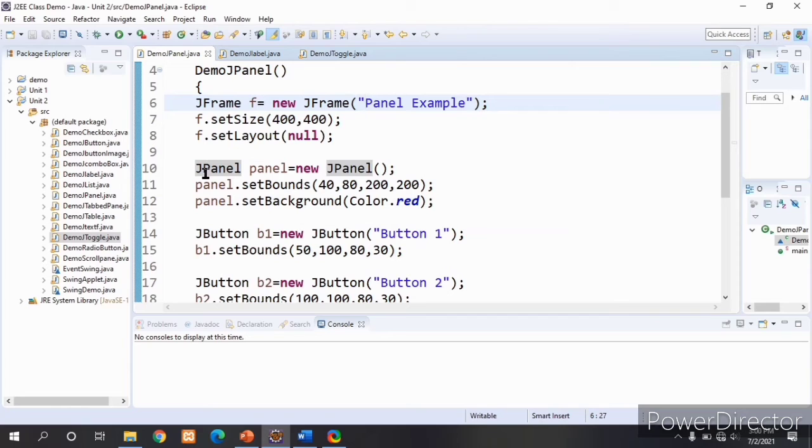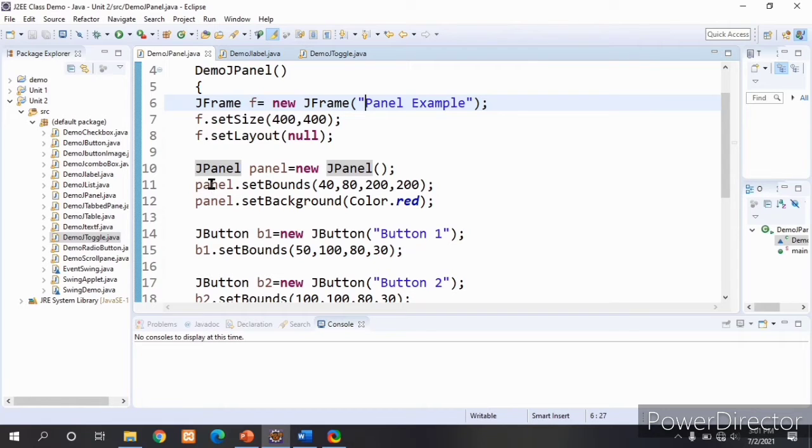Next I am creating one panel. For that panel also we are setting bounds. Why? Because we are using a null layout manager, so we need to explicitly set the bounds for components and containers which we use in creating a GUI application.